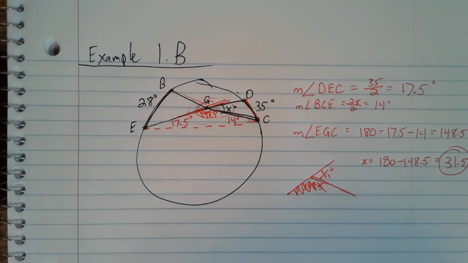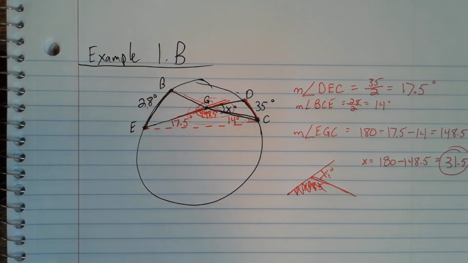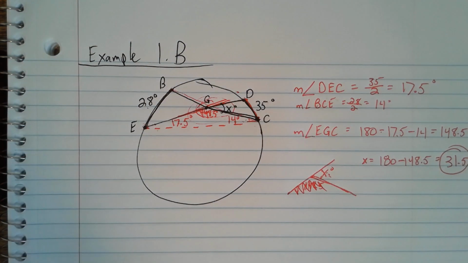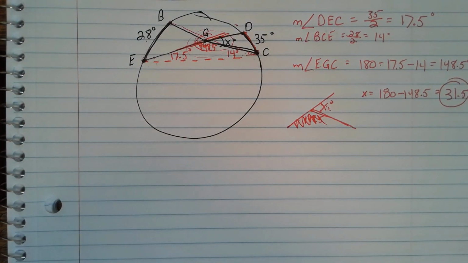Now, I showed you how to solve these. We can look at example 1A and 1B and notice something, and that's what the next portion of notes is going to include. So what pattern can we notice? This is right below example 1B on your notes. We notice that x for both examples can be found by